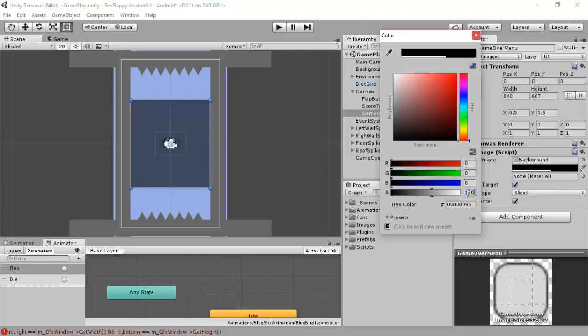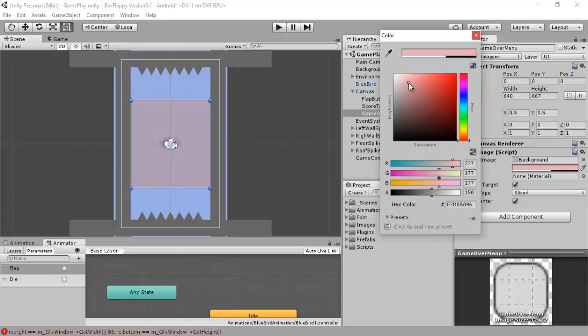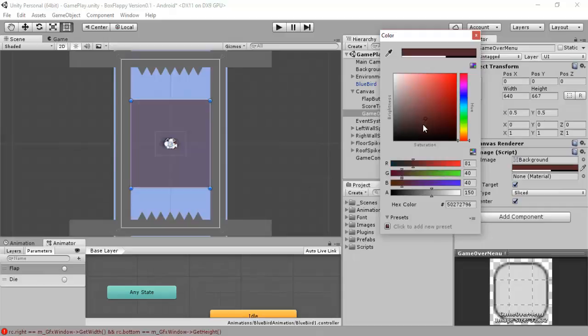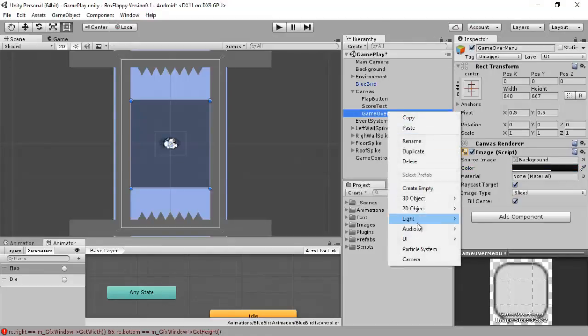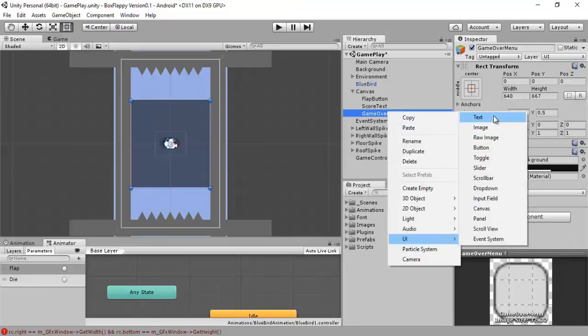Let's make it 150. And what should be the color? For tutorial purpose, I am just making it simple. This is it. Now we will simply take a text,